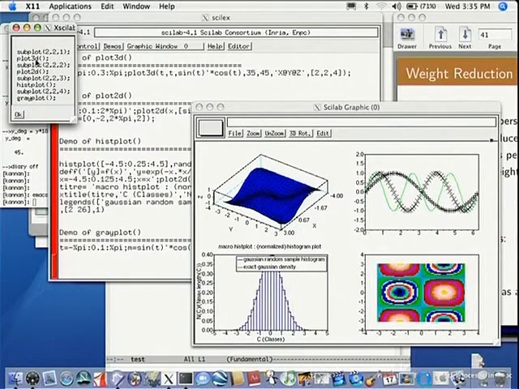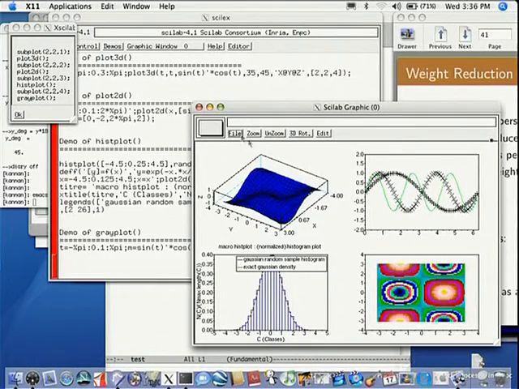And each one is numbered. So in the first area I have plot 3D's demo, whatever that is, because that is an empty bracket. That means whatever it is going to execute, it's going to put in location 1. Second location, it is going to give an example of plot 2D. So this is 3D, this is 2D, this is a histogram plot, which is here, and then gray plot, which is here. So it's a 2 by 2. So it's possible to do, in fact, a 3 by 3, or 2 by 3, or 1 by 2, whatever. You can put all these things. So it's very nice.